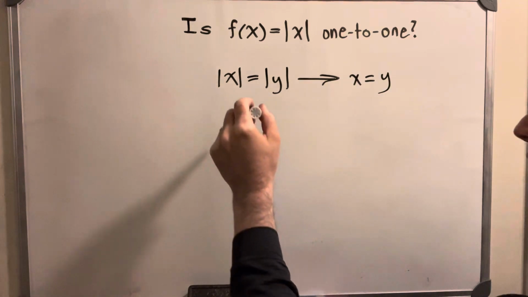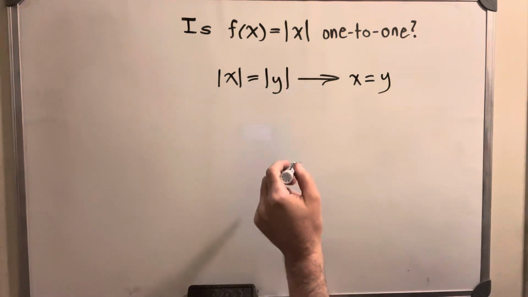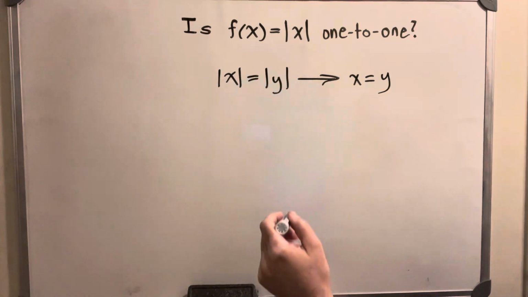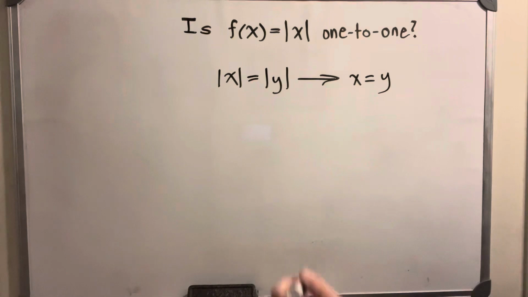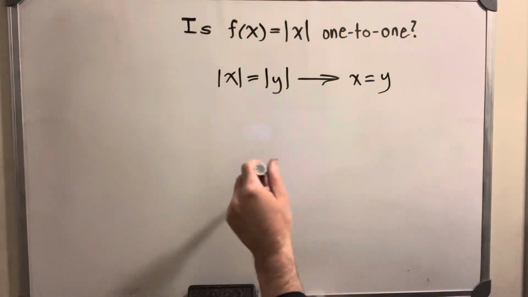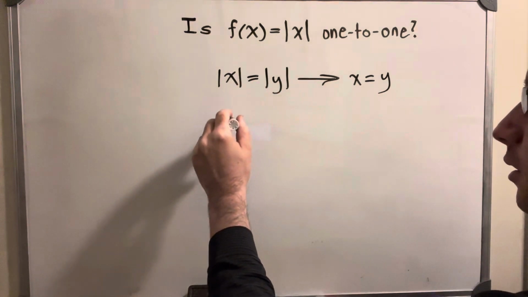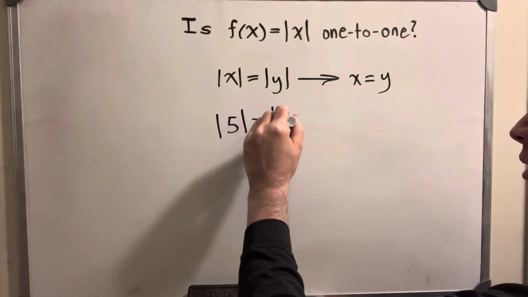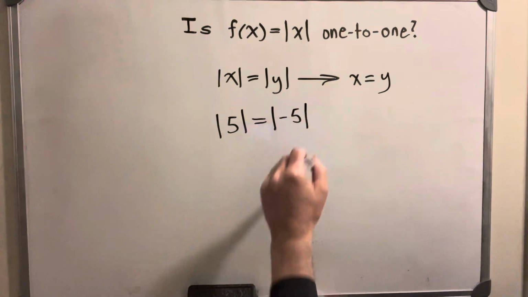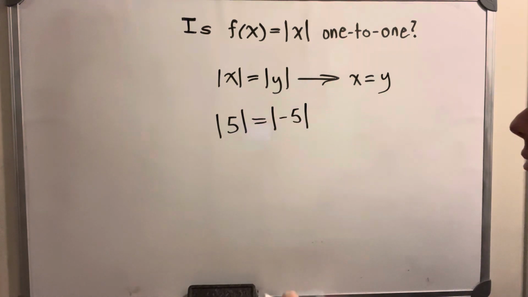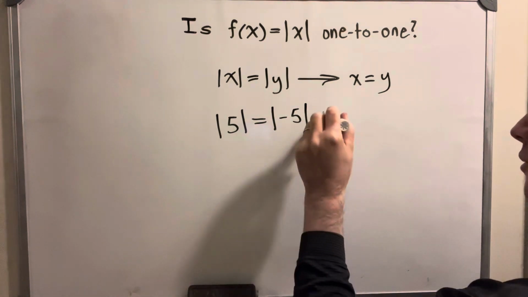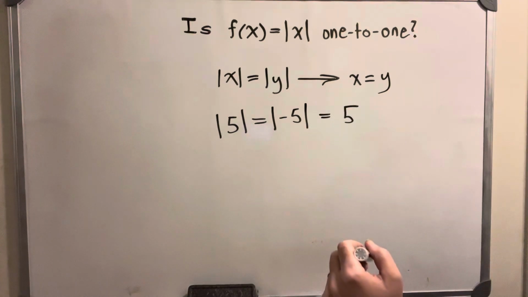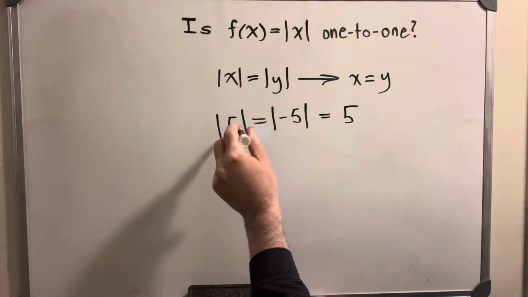But if we find any two values that absolute values are equal to each other, but the values inside are not, what about this? Is this true? They're both equal to 5. So that means that